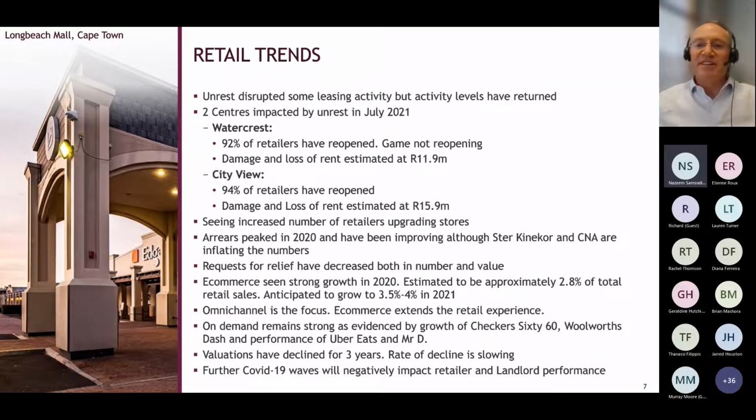All right. If I can just continue with the retail trends, unrest did impact us in July. We had 2 centres that were impacted. Watercrest was the first one, and City View was the second one. I think just in general, it was very impressive and very encouraging to see how quickly the retailers reacted, responded, and how quickly they got their stores up and trading again. I think at the time it was very hard to see the light at the end of the tunnel when you looked at what had happened